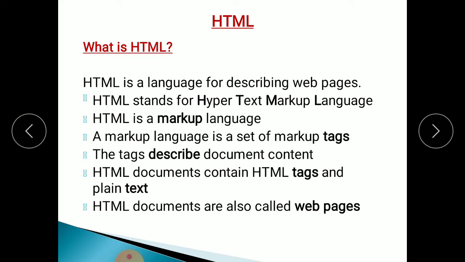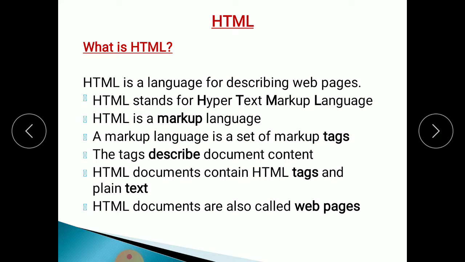In this markup language, there are a number of tags we use to write the code behind it. The tags describe document content, meaning whatever message or content you have written in the document, in whichever type you want, you should use that type of tag for that document.